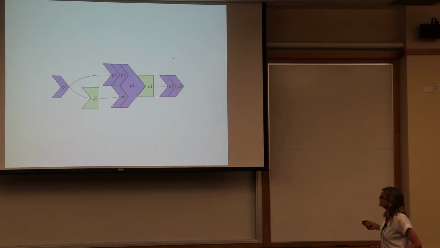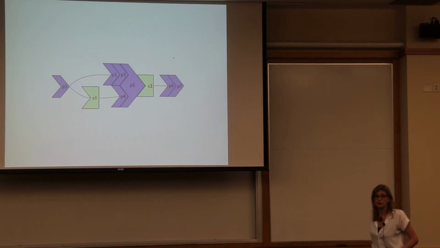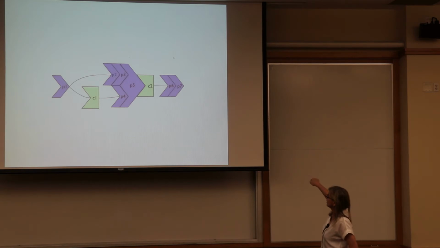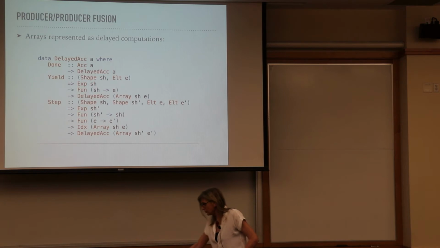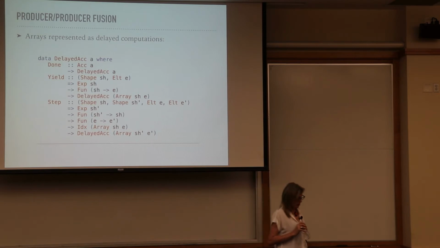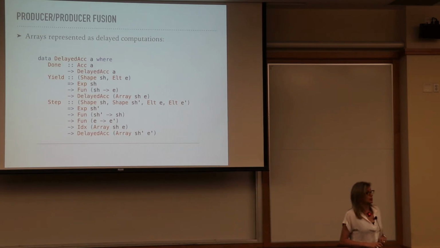Then the next step is that we fuse the consumers in. Here, we can actually only do that at this point, because if it would fuse it in, it couldn't be fed to this computation. And the way we do this is basically a trick that's been around since the 70s. So for producers, after fusion,